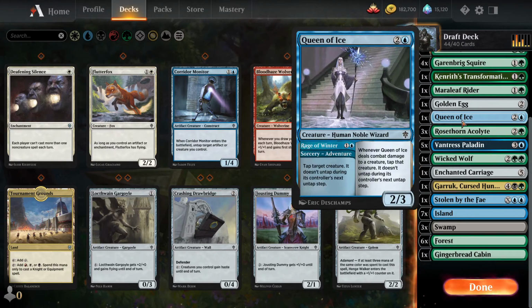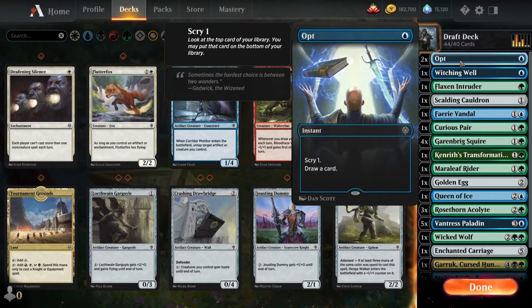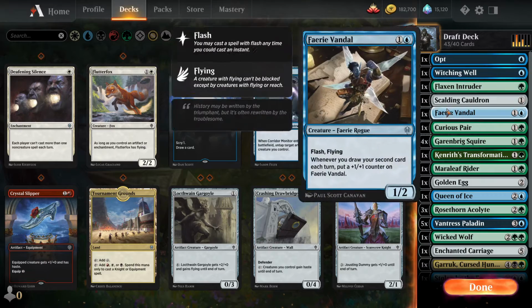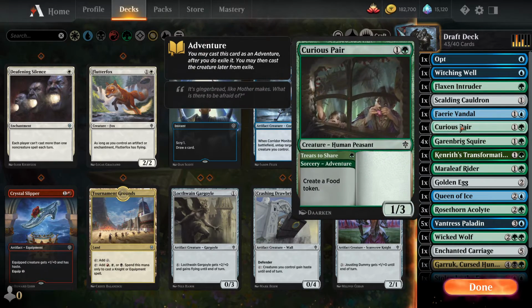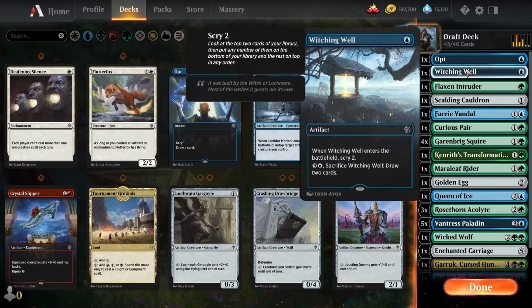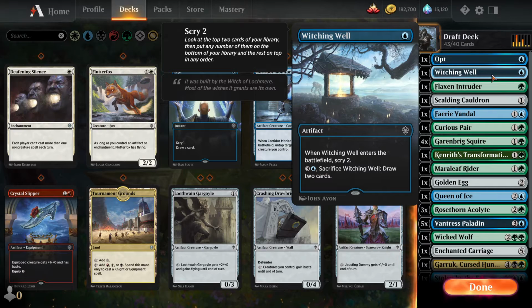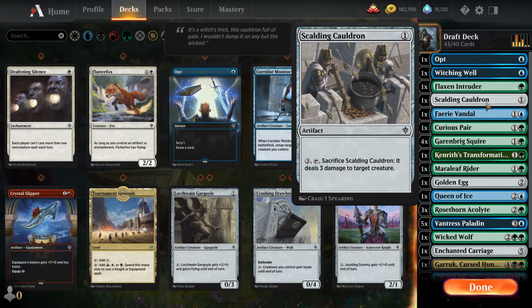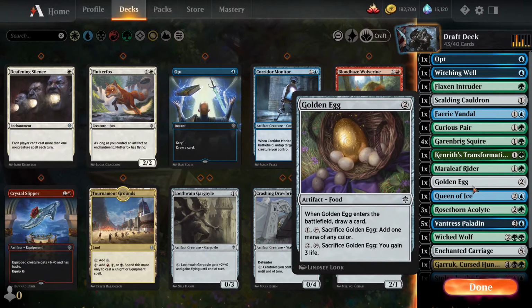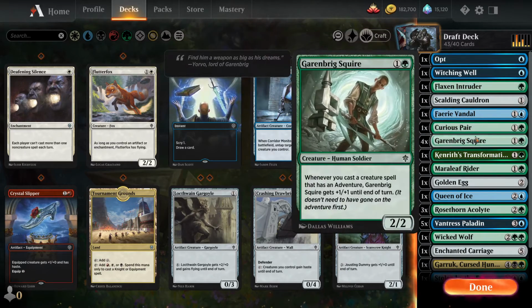I don't want to play Justin Dummy for sure. So only Furry Vandal benefits from me drawing the second card on a given turn, so I think Opts are quite cuttable, maybe both of them and certainly the first copy. I think I wanna play Witching Well, and Golden Egg supports my Wicked Wolf and draws a card. Opt is not that important, and maybe I will play all these squires and